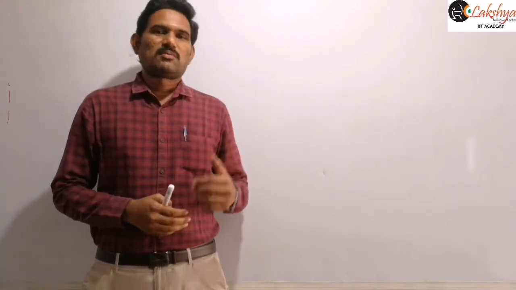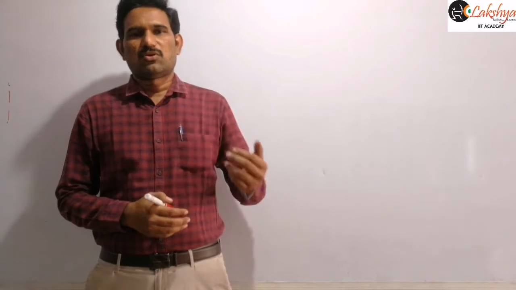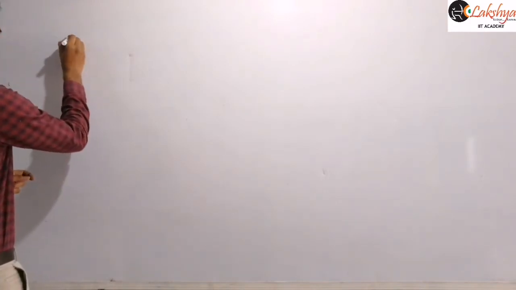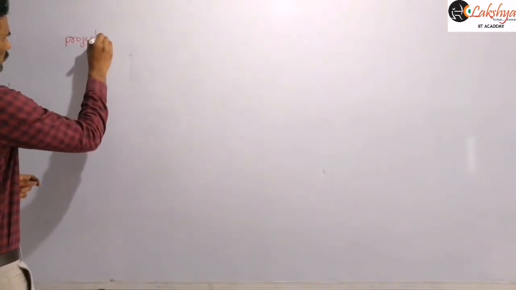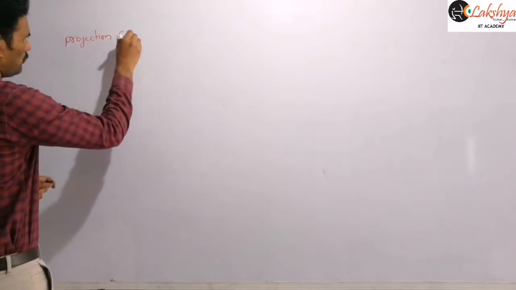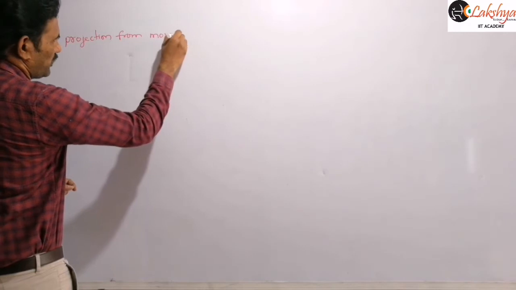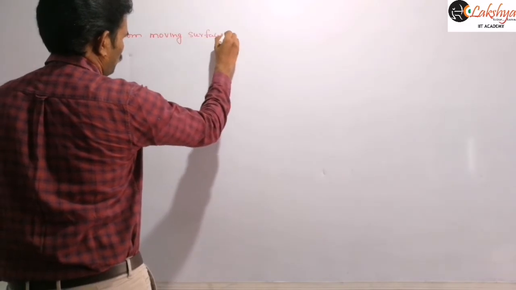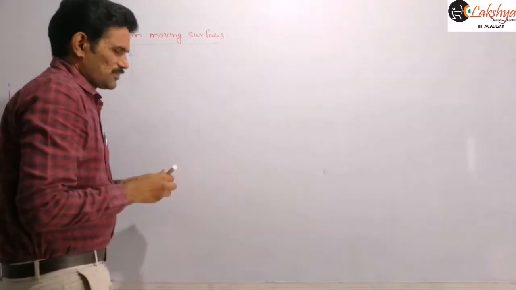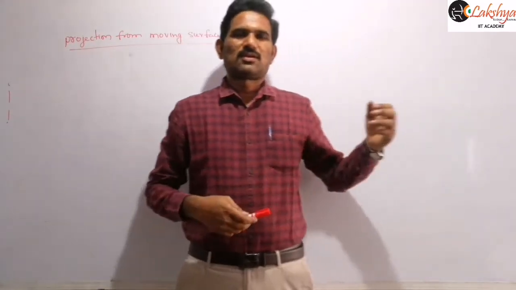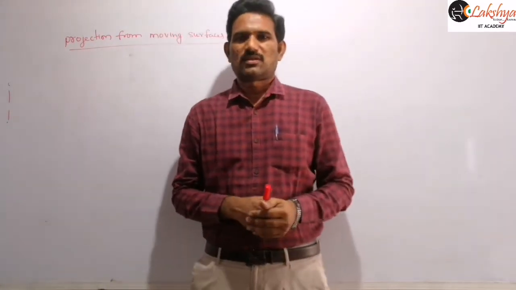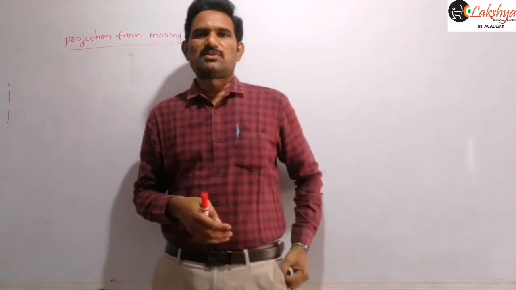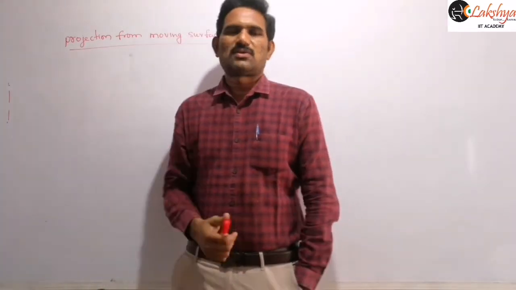Sometimes the problem may be like when the object is projected from a movable object, movable surfaces. So now I can write this as projection from moving objects or moving surfaces, right? That means sometimes the surface is moving, like a truck is traveling, and sometimes we need to throw an object from the truck. Or sometimes the lift may be accelerating upwards or moving downwards and we need to project objects from such surfaces. So now we are going to discuss those cases.